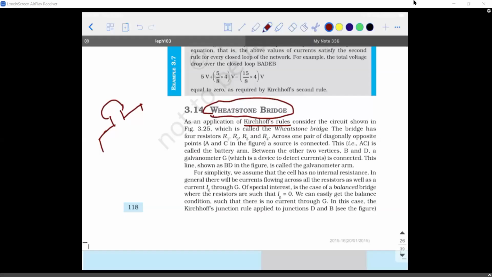Yeah, I think there was some network issue. So what was the last point you guys were able to hear? Students, what was Kirchhoff's laws? Kirchhoff's rules, and we are going to see the application of it.